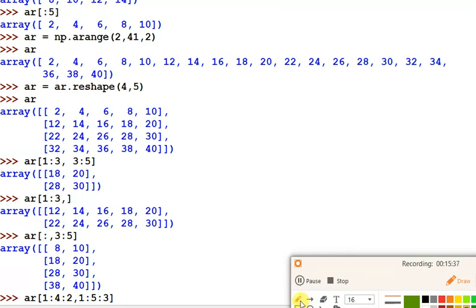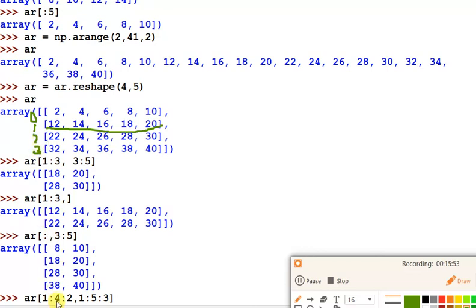So what are the rows selected? Here 1 to 4, positions 0, 1, 2 and 3.